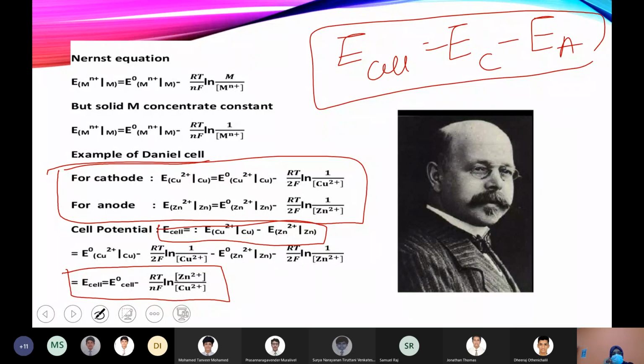In the second last line, after E0 Zn plus star Zn, shouldn't it be a positive sign before positive RT by 2F, the natural log of 1 by? This term, you take it in the bracket. That will be fine, no? Yeah, so minus will be. Yeah, that's what finally the Zn term is coming up, because that will become positive, right? Yeah, that's what they have done in the final step.